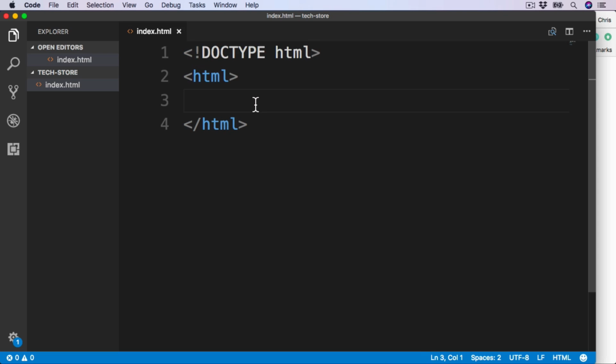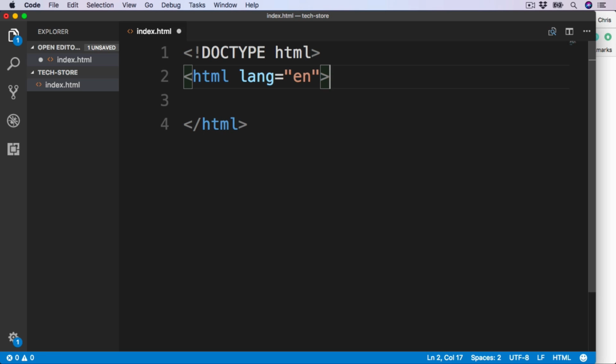Inside of the opening HTML tag, I'm going to add an attribute. We briefly talked about attributes in the last section. Attributes are just a way for us to provide some additional information which we need to add to the opening tag. For the HTML tag, we can provide the language attribute with lang. This tells browsers and search engines the language of the web page which we're creating. I'll be creating this site in English, so the code is equal to EN inside of these quotations. A quick Google search for HTML language codes will bring up a list of country codes if you wish to